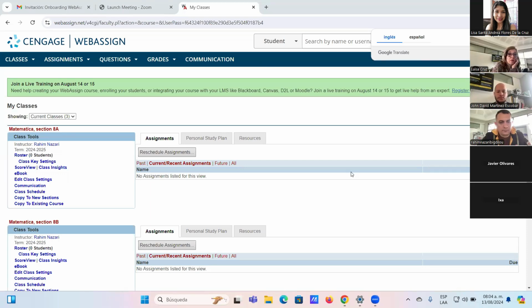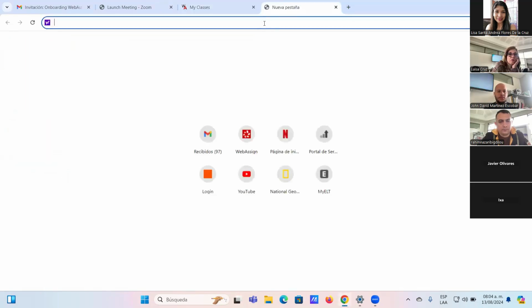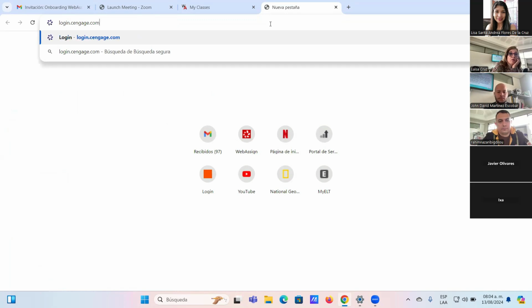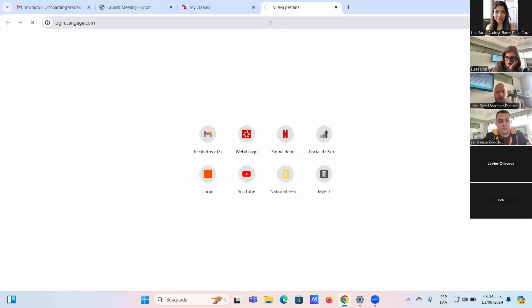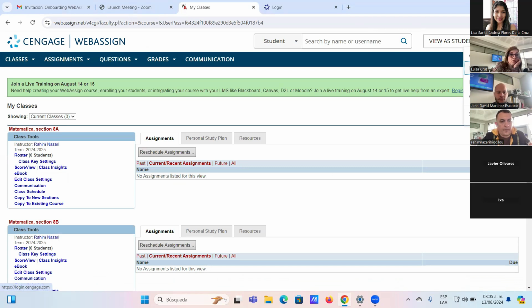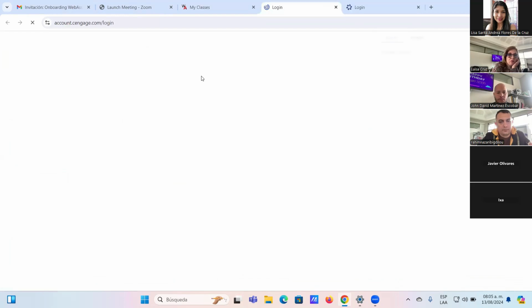Well, first of all, we have to access this platform, we need to use the link login.nh.com. When you try this link, you will access this screen. Then you need to access with your email and then your password, right? For example, the teacher Rahim tries to access and we'll use here